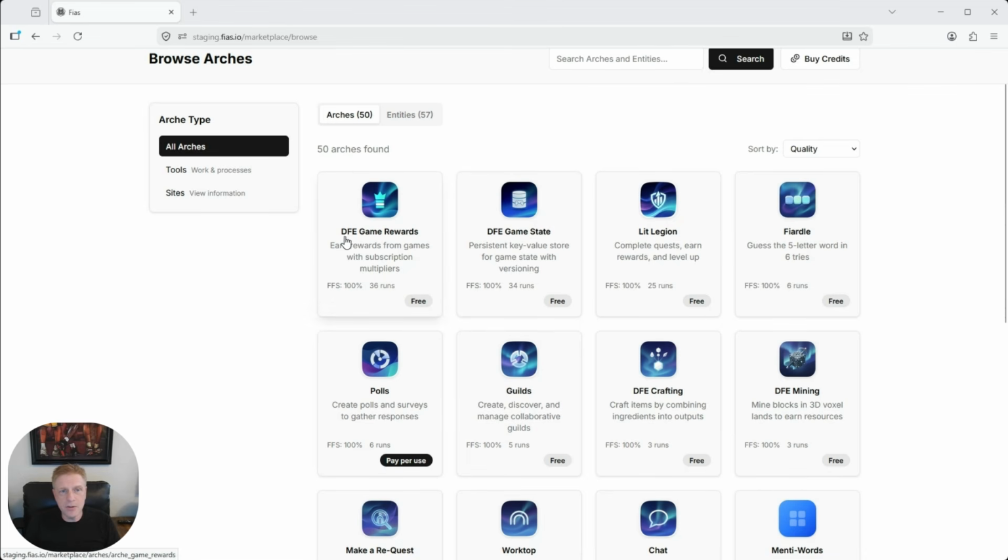So for those of us that have followed us over time, we've got our digital financial ecosystem. So we've built the whole DFE into the Fias system. So it's quite a few different games, and then you play games and you earn from them. That system had the Lit Legion, which has tasks. So it's a human task system where people can do tasks and earn. Some of them are fun, some of them are productive, and either way you earn.